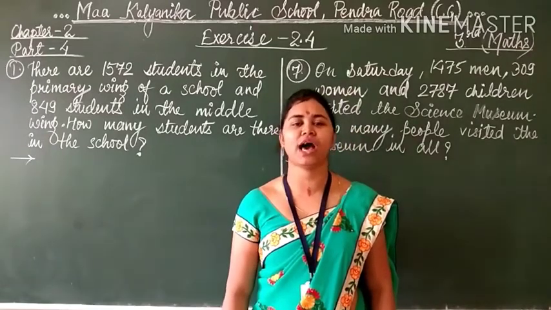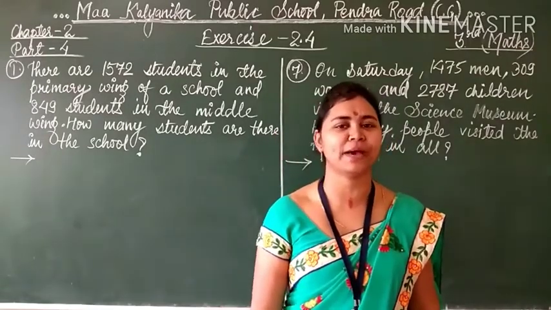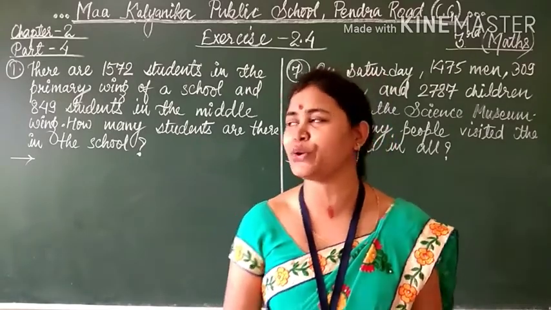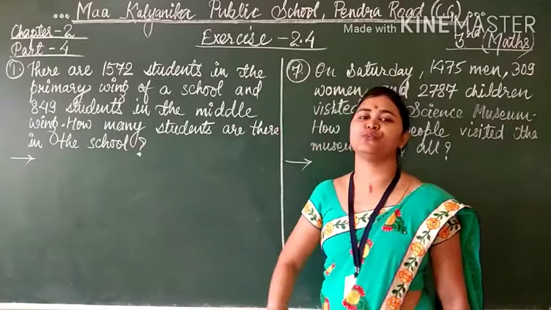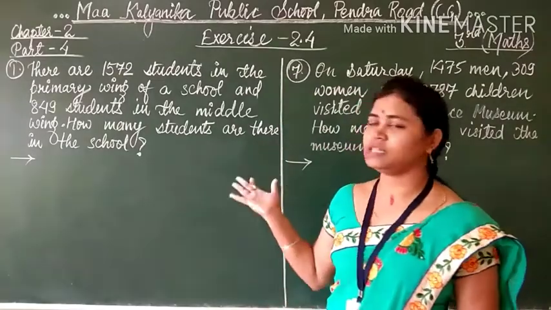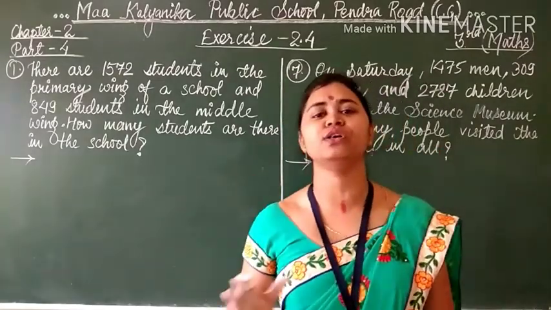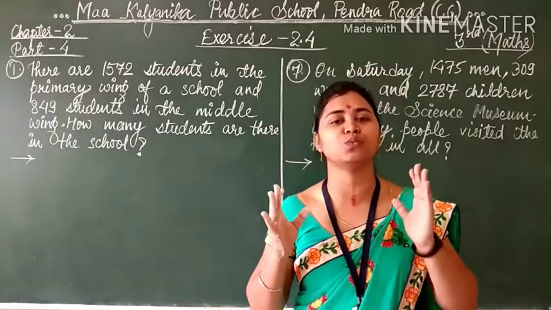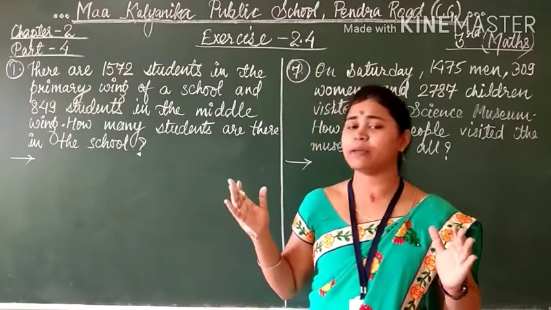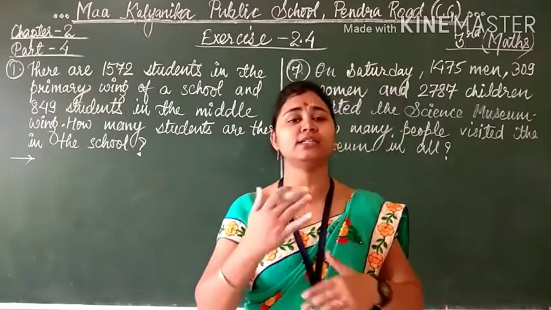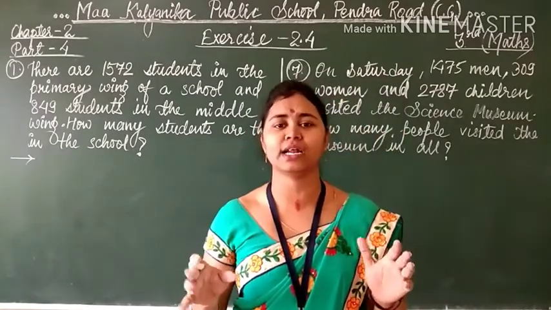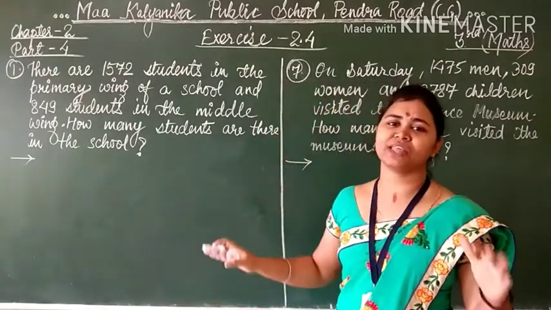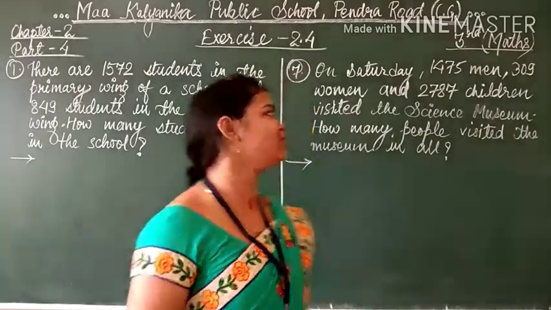In this video, I am going to teach you class 3rd Maths, chapter number 2, part 4, because this is the 4th video, and exercise number 2.4. Students, in this exercise 2.4, the question is to solve the story sums. Story sums means word problems. In this type of question, you don't have to write the calculation directly, you have to write the statements also along with the calculation. So let's start, how to do it.